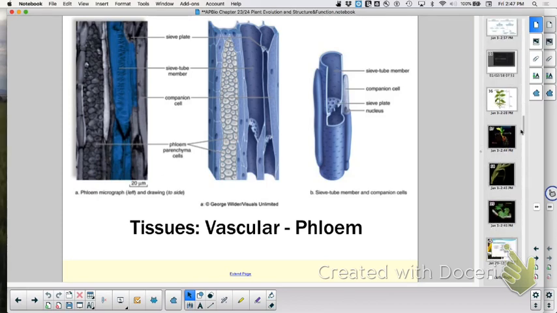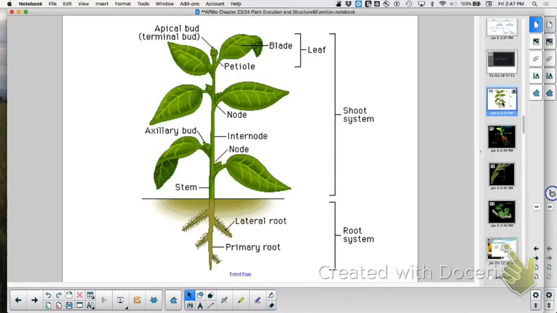Next, we talked about just the parts of a plant. You just want to be familiar with that. Is that a monocot or a eudicot? How do you know it's a eudicot? Yeah, you can see the leaves. What else? The leaves have the pinnate venation in it. What else? The axillary. Oh, the petiole. The petiole is attaching it. That's good.